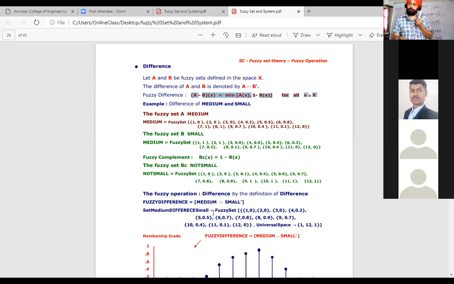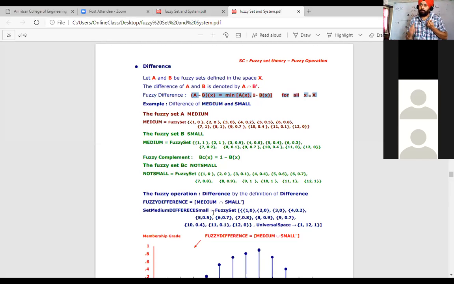That is the numerical problem. There will definitely be a numerical problem on fuzzy set theory. You have to remember the formulas. Very important. I am again saying, you have to remember the formula. If you solve the numerical without writing the formula, your marks will be deducted. There are many examples given in the slide also, but I am giving you my simple examples. You will be given sets A, B, C, D, and you will be asked to do some fuzzy operations on those sets.